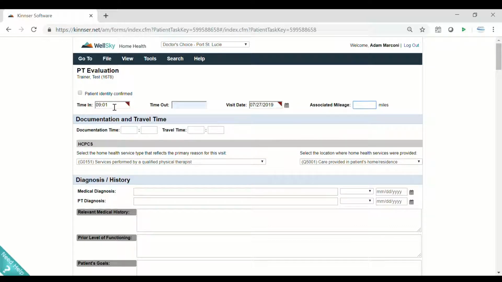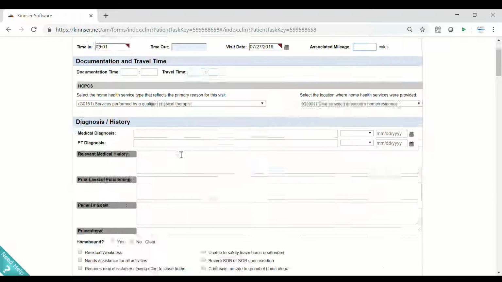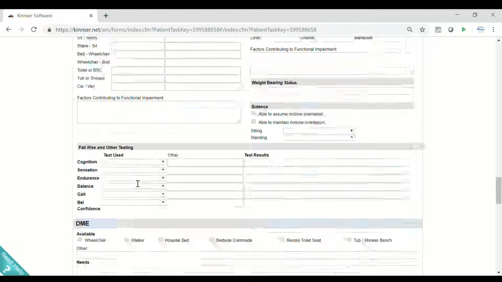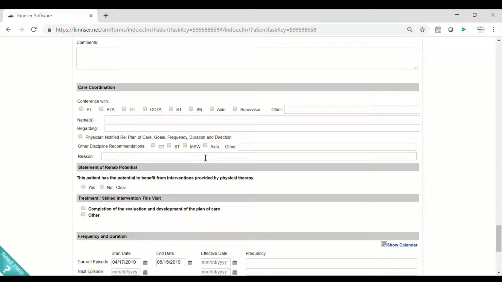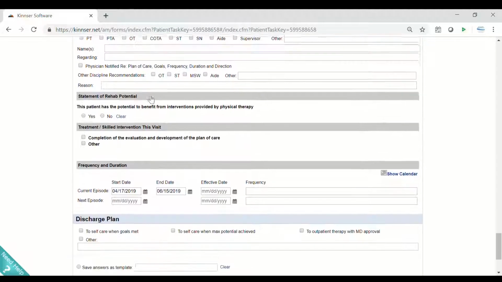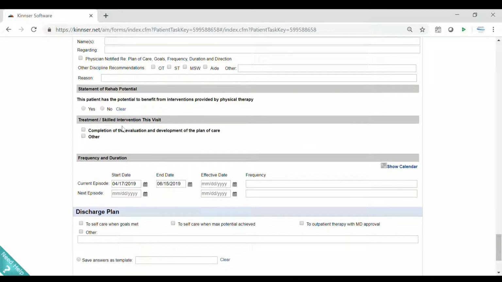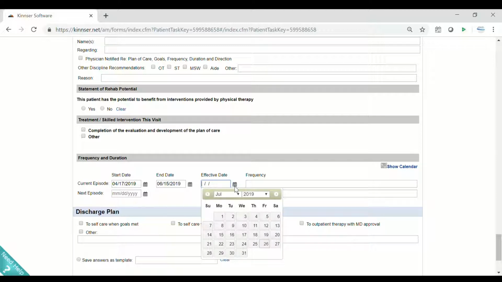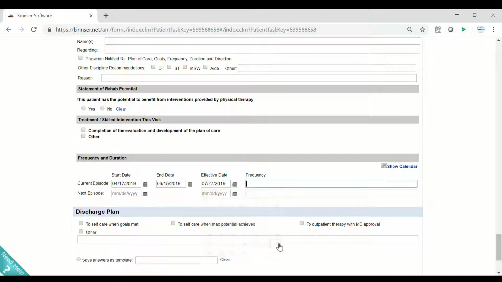Now I'm simply just going to put basic information in the time and the date so that I can proceed. And we're just going to focus on writing an order. We're going to go into the Progress Goals dashboard here to look at how you add the specific intervention or the services you're going to provide. But before we do that, this is where you add your frequency and information in here. So all I have to do is pick the effective date, and we'll just pick this date here. And I can write my frequency as such, just like we saw in the other prior information.